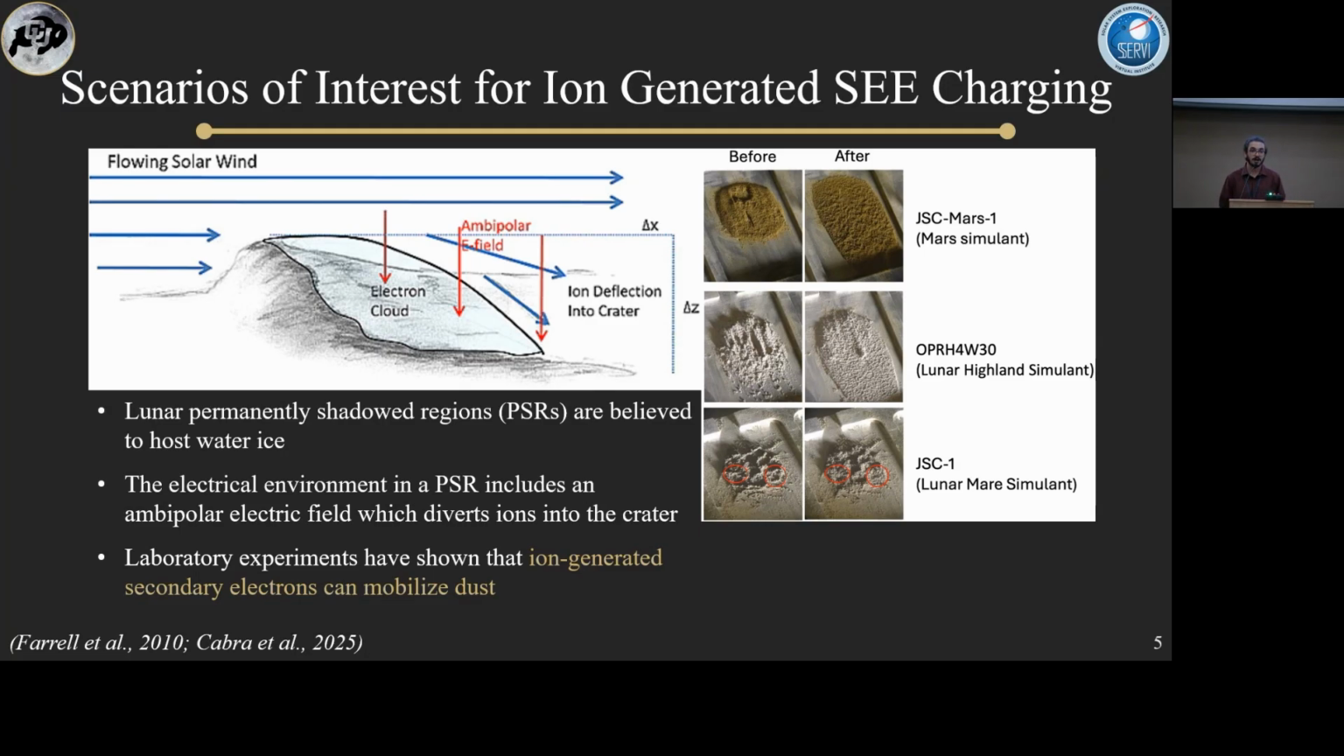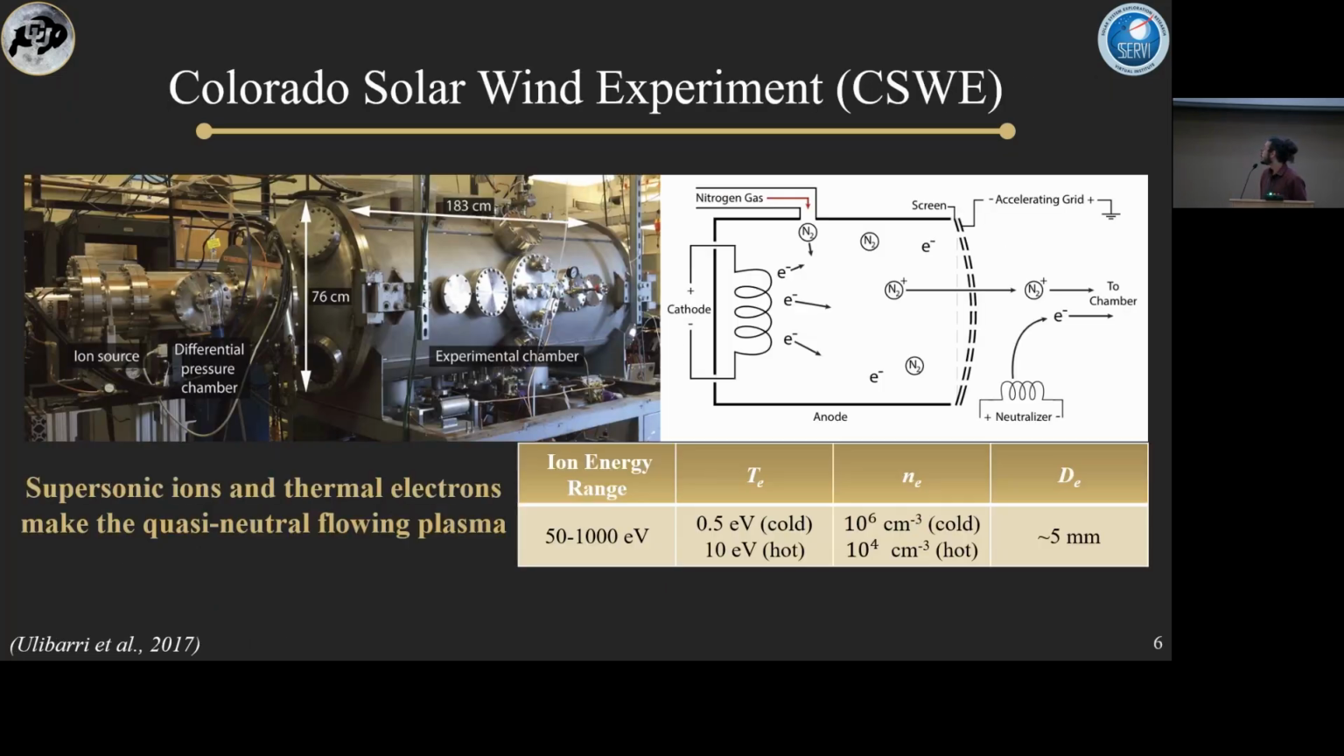And so we've actually run an experiment to make sure that dust mobilization from ions is possible. What we found is that with lunar or Mars simulants, it is possible to mobilize dust from ion-generated secondary electrons. Next. And so in order to more experimentally verify the secondary electron yield from ions, we decided to run